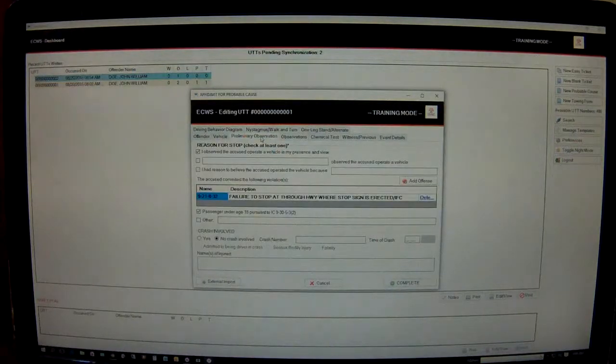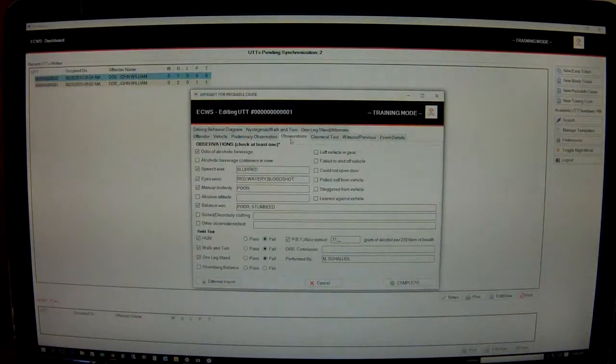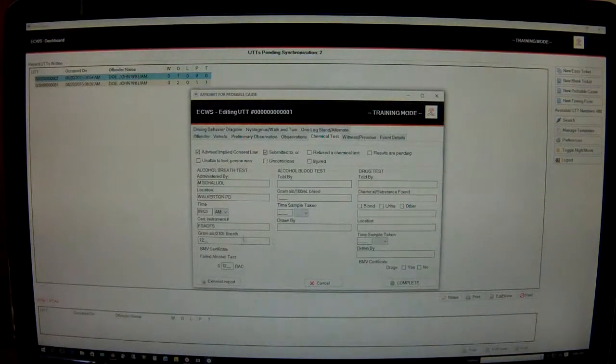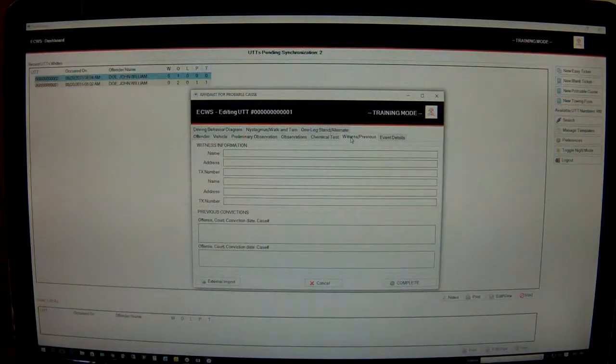There's a tab for preliminary observations that you can check, and basically what it does is it breaks down and goes through the probable cause affidavit for you. You go through each tab filling in the information. This is for a breath test, for a blood test, for a drug test. So you choose which one. Did you read them implied consent? A section for witness information, previous convictions,